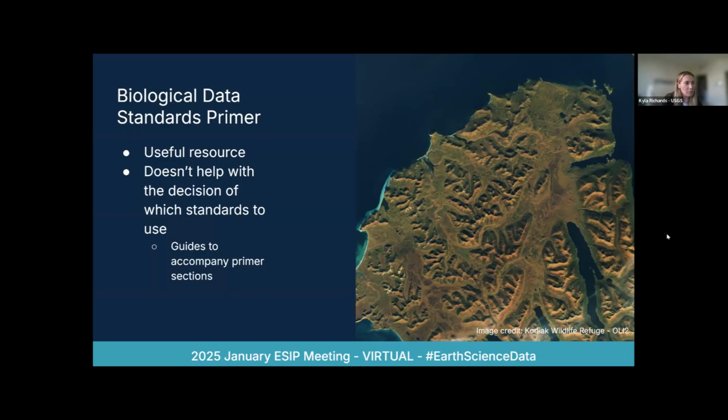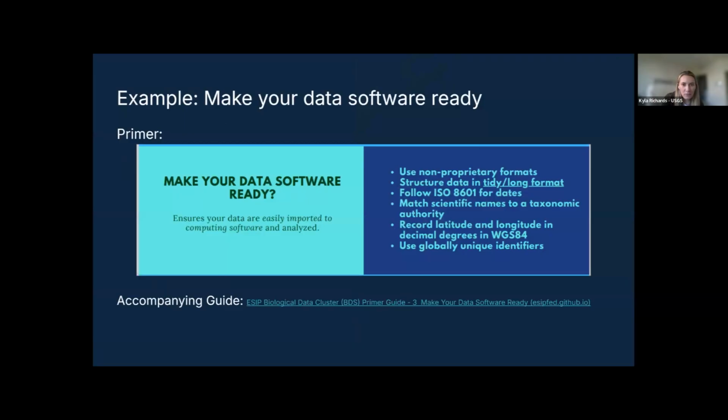So I'll put a link, or we'll be working on this after. I'll just give a brief overview of what these guides look like. The first section we're working on, like I said, is Make Your Data Software Ready.